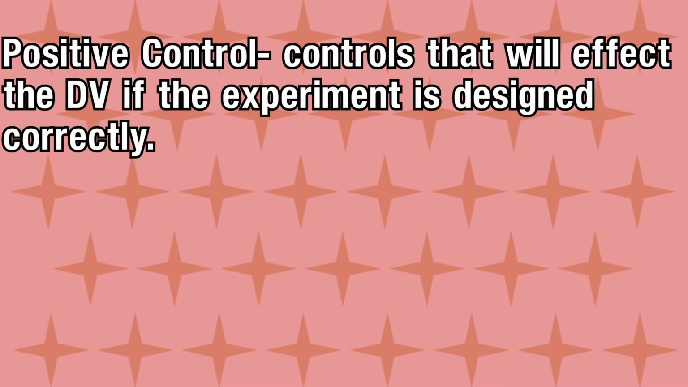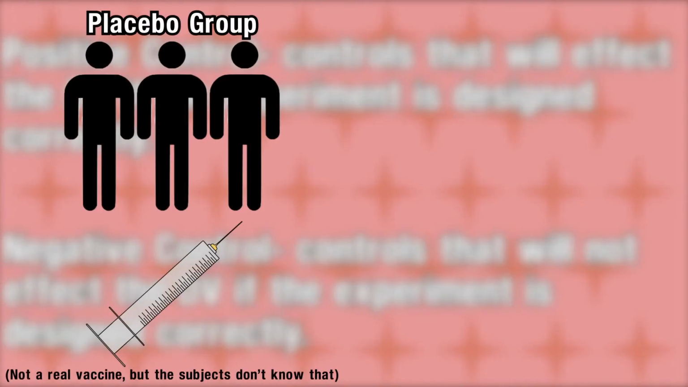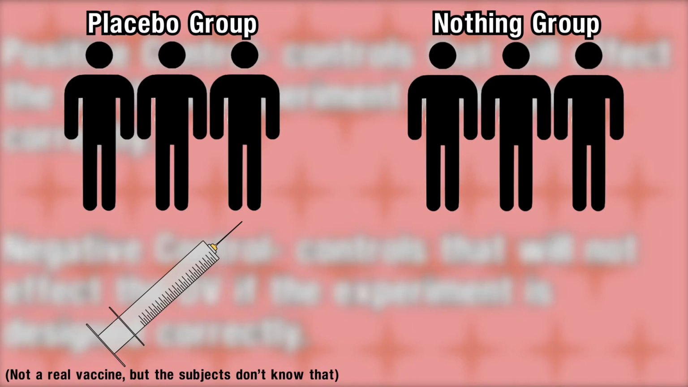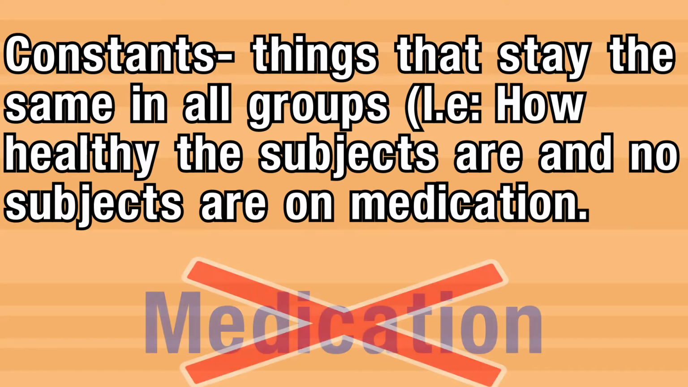There would be no positive controls, as there is no functioning vaccine that has already been made. The experiment would have negative controls. This would be a group that gets a placebo vaccine, as well as a group that doesn't receive anything. The control groups would be compared to the experimental group, which would be the group where the subjects actually get the vaccine. There are constants too, which include how healthy the subjects are and making sure that no subject is